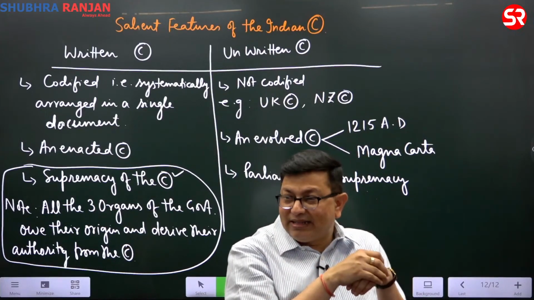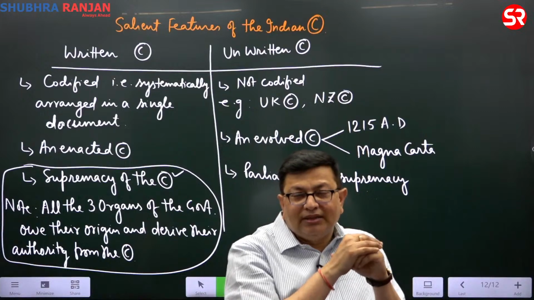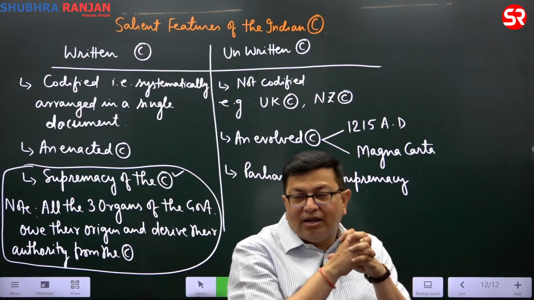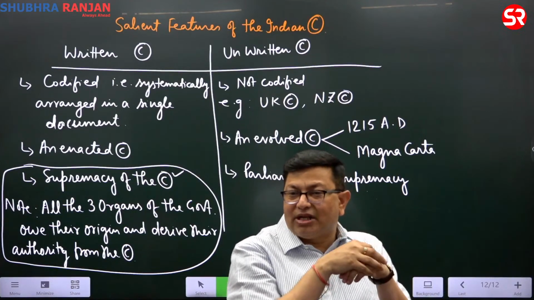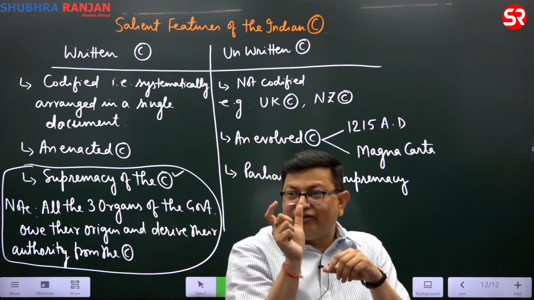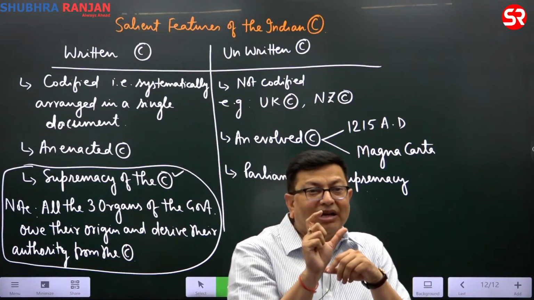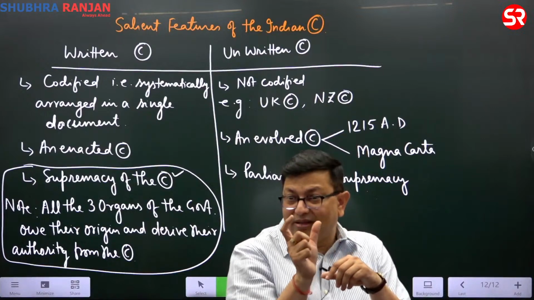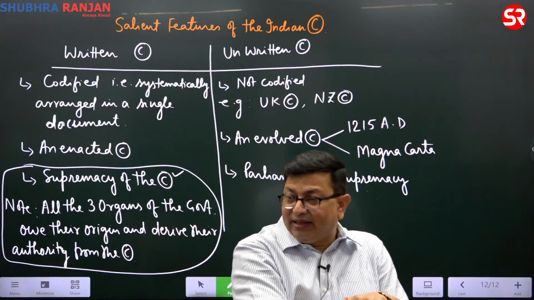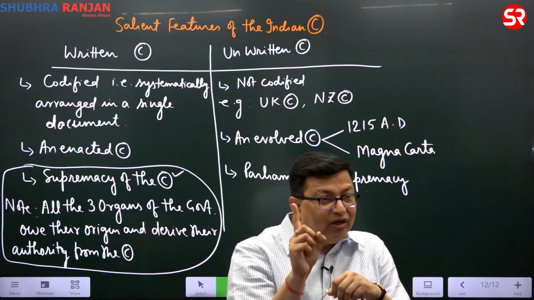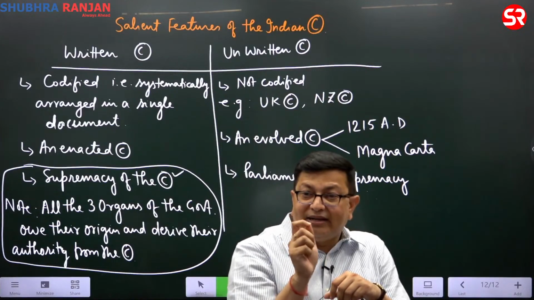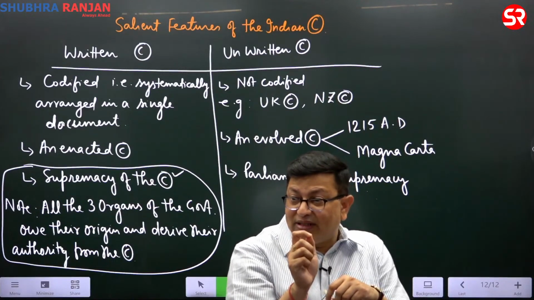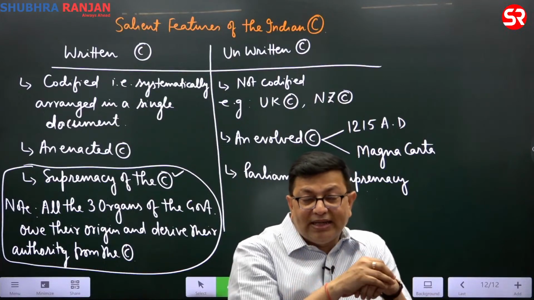Here you can write a note, N-O-T-E. This question was asked in the last main examination also: comparison of the sovereignty of the Indian Parliament with the British Parliament. Such types of questions will be there. So in India, there is supremacy of the Constitution, but in Great Britain, there is supremacy of the Parliament. So here you can write as a note,